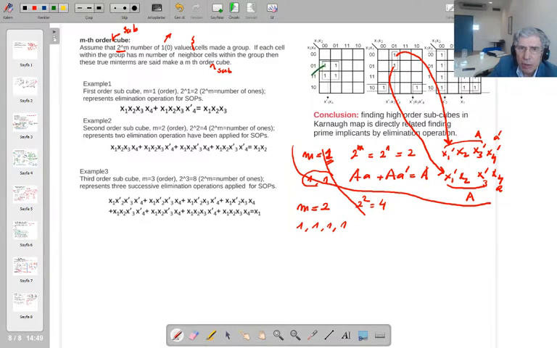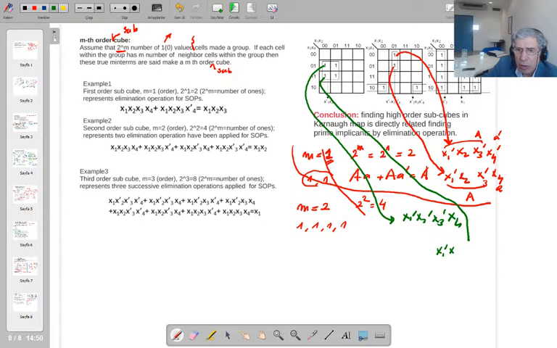So this one here, x1 prime, x2 prime, x3 prime, x4, 0, 0, 0, 1, prime, prime, prime, x4. So this one here, x1 prime, x2 prime, x3, x4,